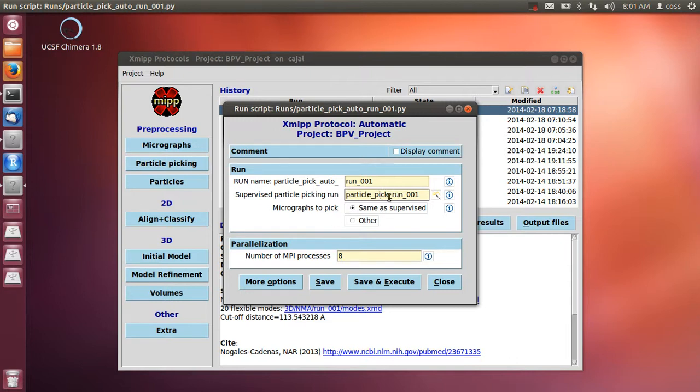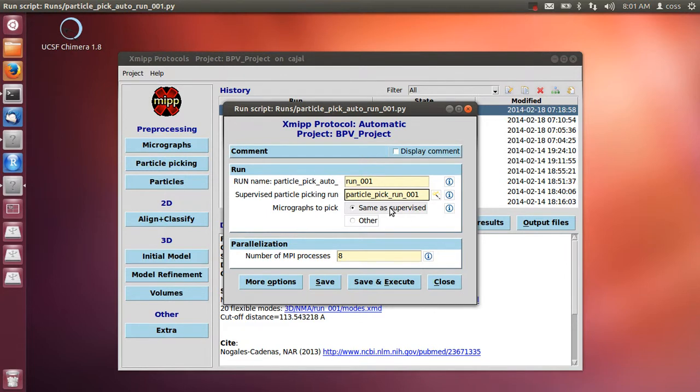For the automatic picking you are asked what is the manual picking that you have performed, and this is because while you are picking manually, we learn a model from you, so we learn what you want to pick and what you don't want to pick. So you need this model for automatic picking, and then you may pick two different sets. One is, let's say you have a single import. In this single import you have the 1000 micrographs, so you want to pick the remaining micrographs. So this would be micrographs to pick the same as supervised. So it is the same import